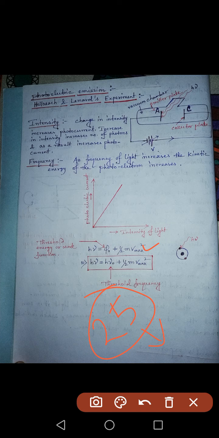Some electrons may have somewhat less kinetic energy, so while writing this formula we write half m v max square, which means it is the maximum value of kinetic energy. Some electrons may have less than this also. Okay, then intensity